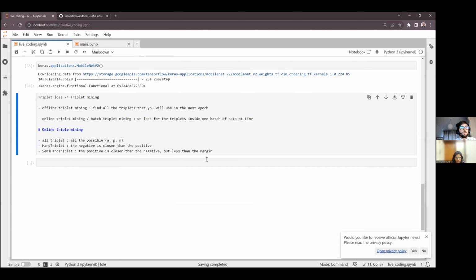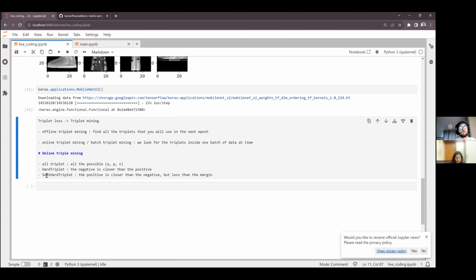We see that in TensorFlow Addons we have both of these cases, and it will do everything for us. If we want to implement it from scratch, this is the easiest one to implement, but the others are also possible to do.